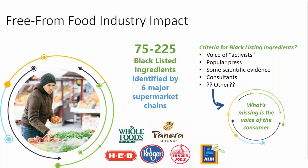Yeah, the impact of this is both from the consumer and from the supplier side. I think that really listening and trying to understand and anticipate what the consumers are looking for is something that the activists and popular press are really trying to key into. And then the influence of that is synthesizing that with consultants and some scientific evidence to develop these different types of lists. It's pretty amazing. You can go online and you can look at these lists. Some of them are very specific, some of them are a little bit more broad, but they're all really long